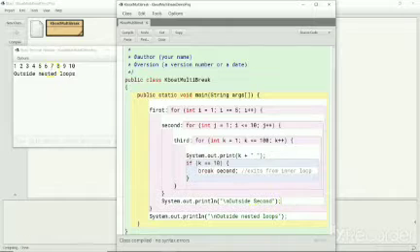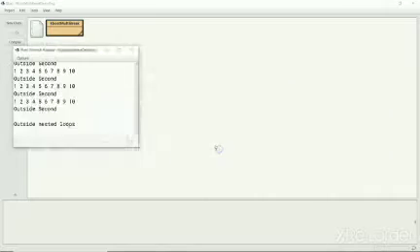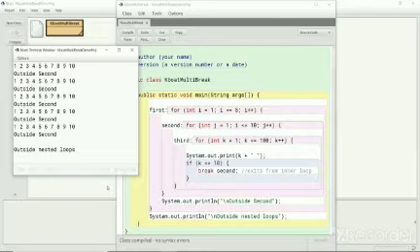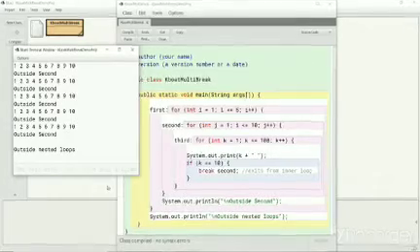I will execute the program now. As we are only exiting out of the middle loop, the outer loop executes 5 times, printing 1 to 10 five times to the console. I hope now you have a good idea about how the labeled break statement works.